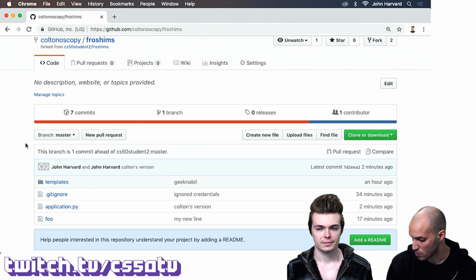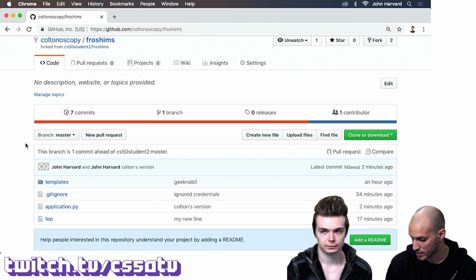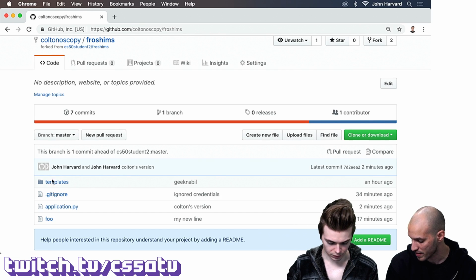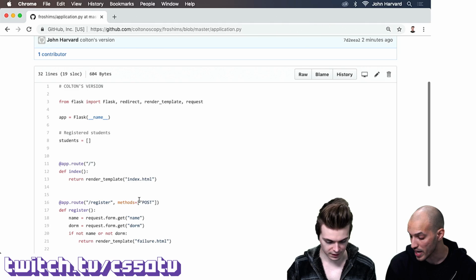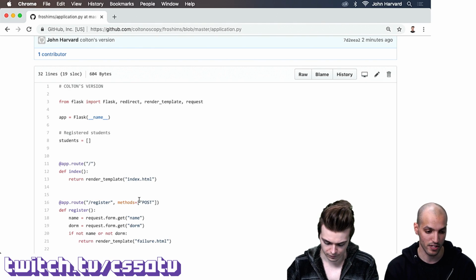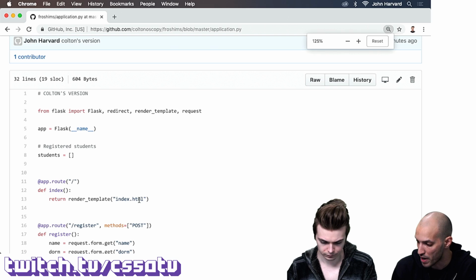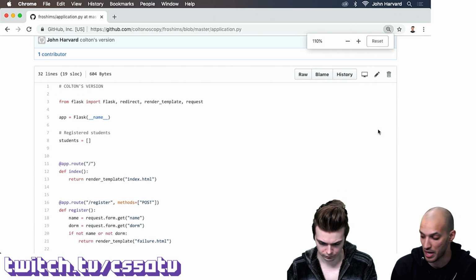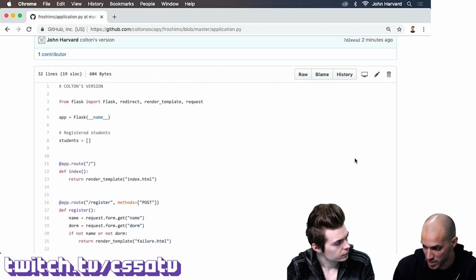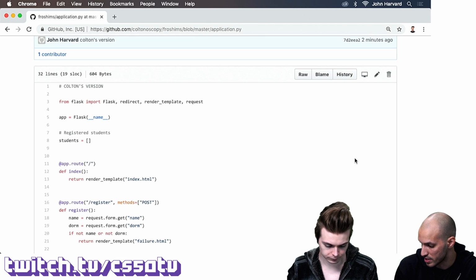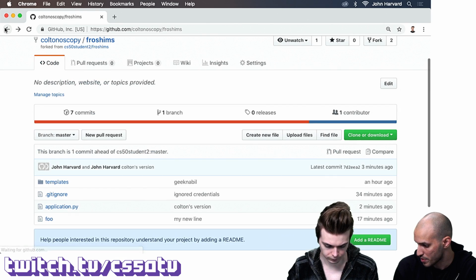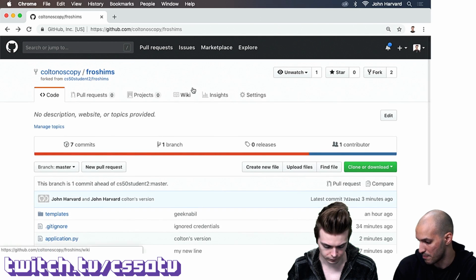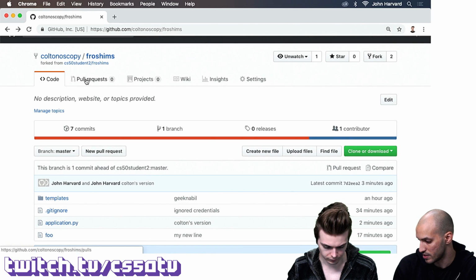Okay, so now that Colton has pushed, can you open application.py just to verify that? Sure. It has your comment in it? Okay, very top. So suppose Colton thinks that these changes should actually be added to my copy of the repository in GitHub. One way Colton can do this is by opening a new pull request. If you go back to the repository, there's a new pull request right here. Okay, creating a new pull request.